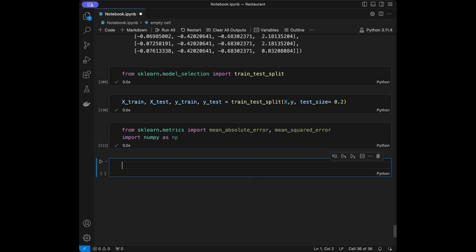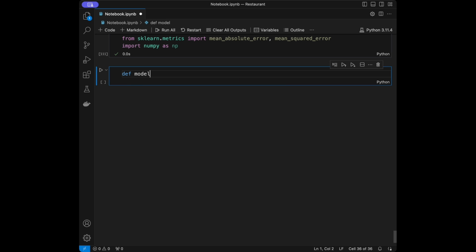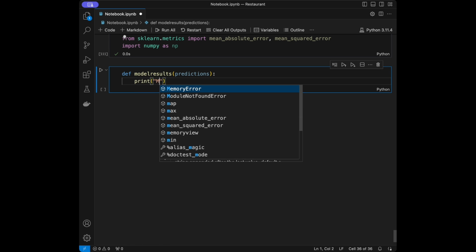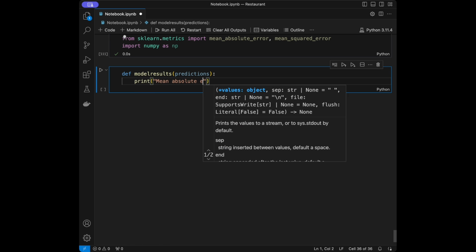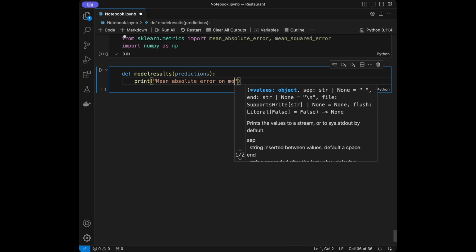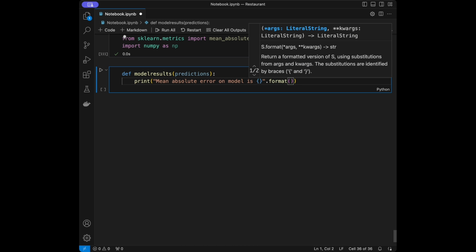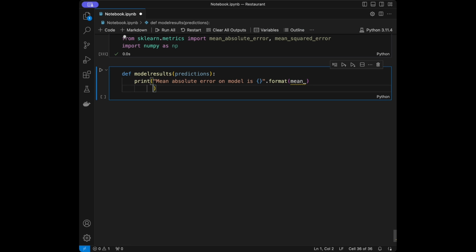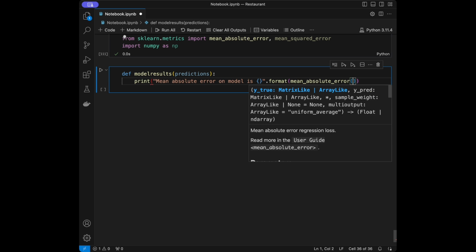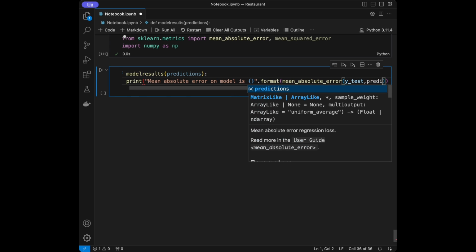Then I'm going to define model_results, and I will give it the predictions, and then I will say print mean absolute error on model is, then I will use format, and I will say mean_absolute_error,